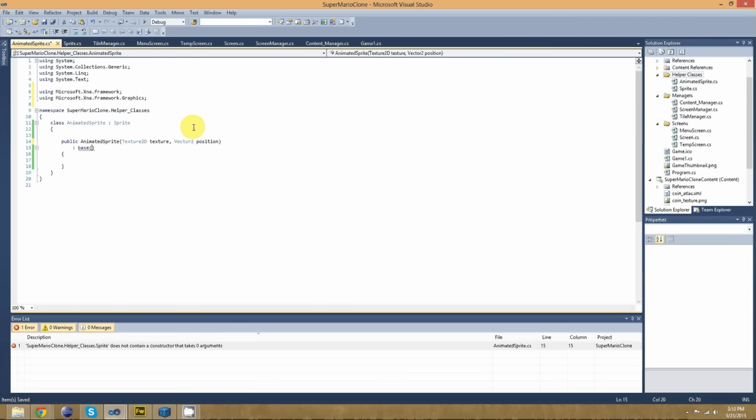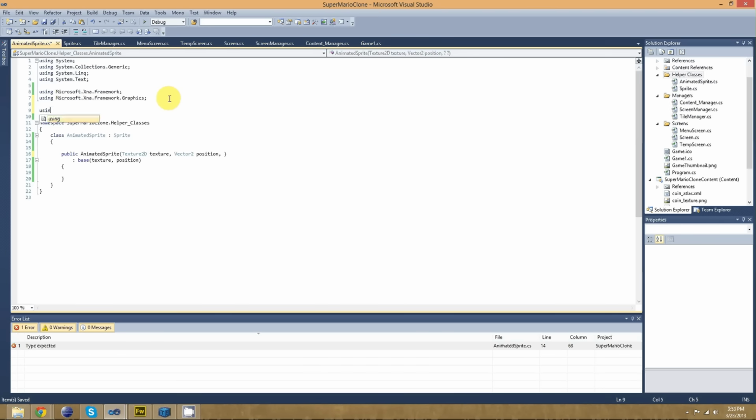And now we're going to pass that on to here. Okay, so we've got that, so that'll work. Right now, this is exactly the same as our normal sprite, except it has less functionality because it will only let you create a normal sprite with no texture atlas. So let's go ahead and start creating that part of it. So we also have to include this here,